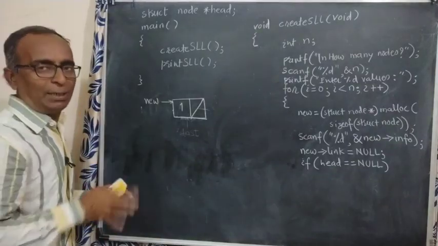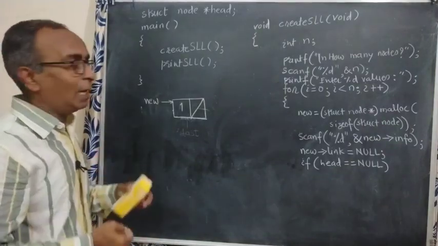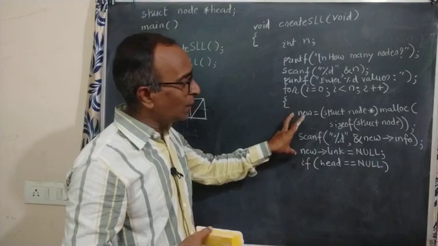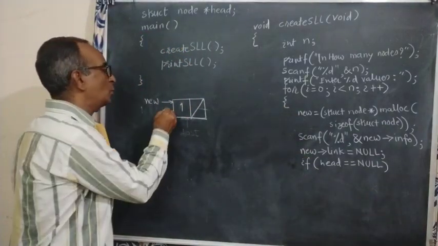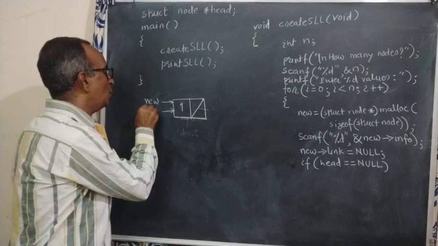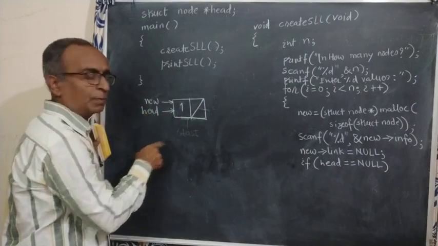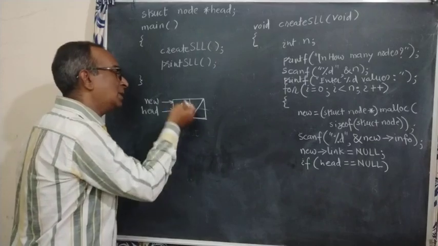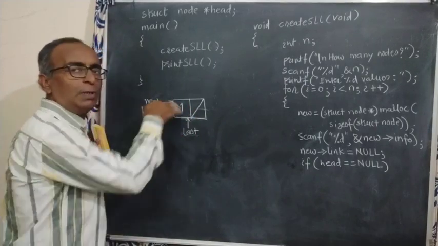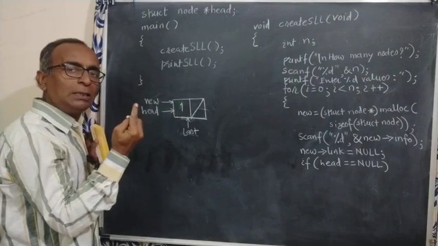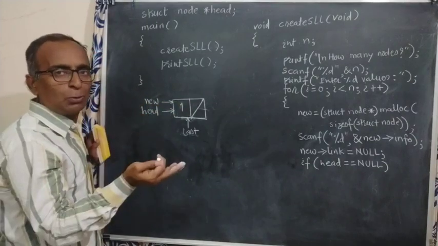The linked list is empty. If it is empty and you are inserting the newly created node into that empty linked list, what adjustments do we have to do? See, head should point to this node, and as the first node, this should be the last node also. Last also will point to it, as only one node is there. First is that node, last is also that node.